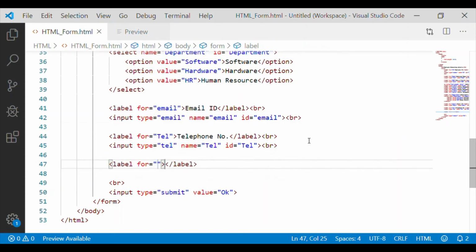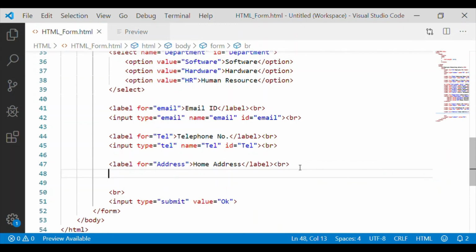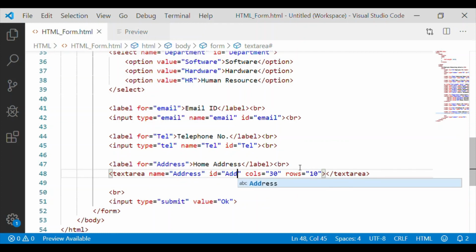Next, there is one more form element that we can utilize, which is text area. Text area is the same as input type text but with multiple lines. So in our form it is better to have address as the label and use the text area tag, which has attributes like columns and rows.